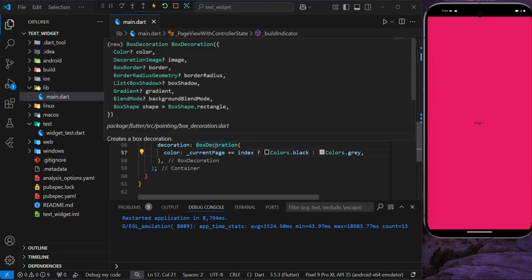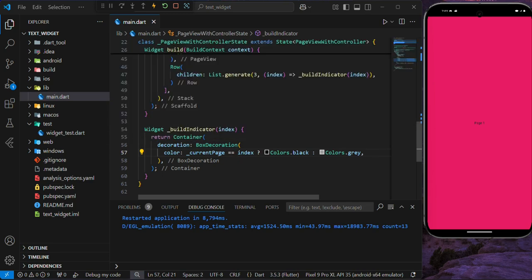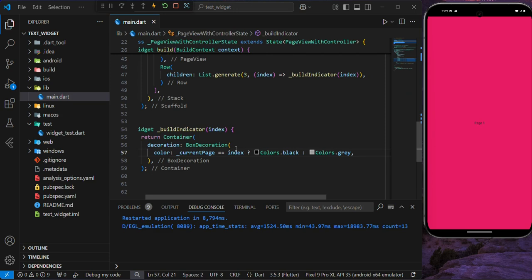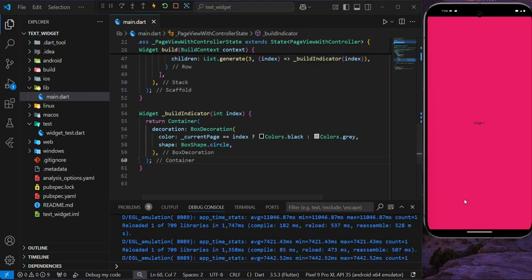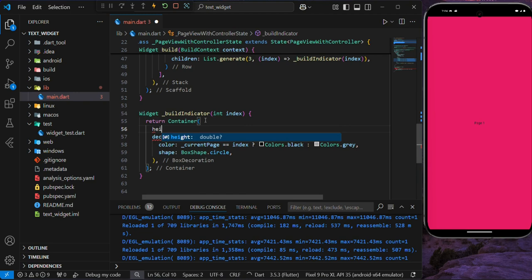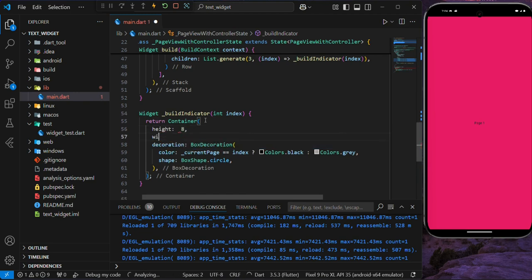So now let's customize our container further. What we're going to be doing again is giving it a shape, because we want it to be circular. So we can say shape, and we're going to say BoxShape.circle. And now after saving, I can't see anything on my screen, and the reason is because I have to give my container a height and width. So I'm just going to come here and say height. I'm going to give it 8 pixels, and then I'm going to give a width,